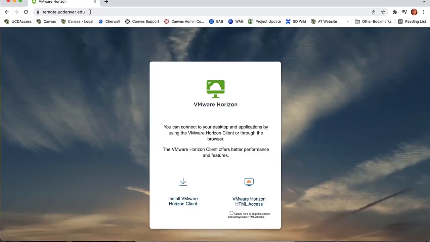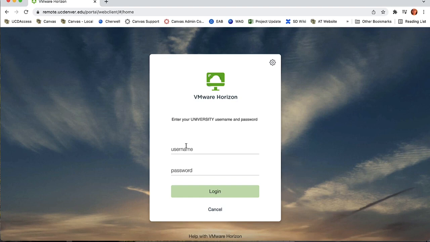The easiest way to securely access UCDAccess is through a virtual machine. In order to do that, you'll want to go to remote.ucdenver.edu, click on VMware Horizon HTML Access, enter your university username and password,